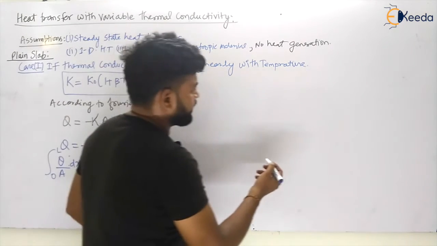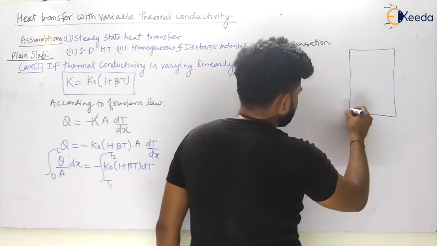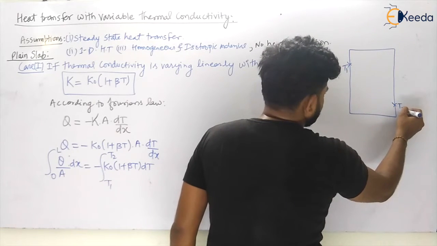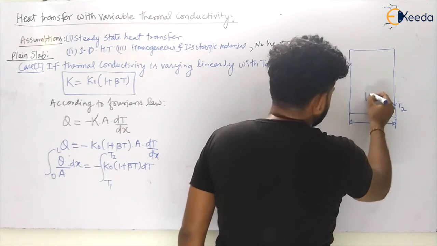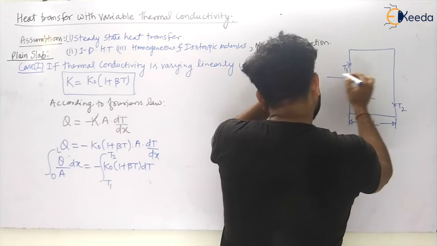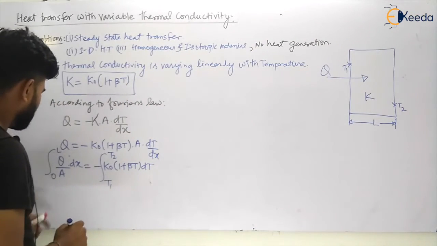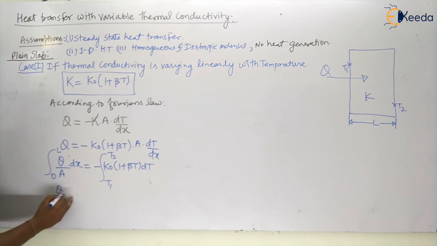How? Because I am taking the case of a plain slab. You already know, but if someone is new in this video, this is your T1, this is your T2, this is your L, and my dear students, this is your K. Okay? And let us say this is the heat transfer in this case. So integrating this equation, Q by A can be taken outside because it is constant, my dear students. Yes or no? As this is constant, Q by A can be taken outside.